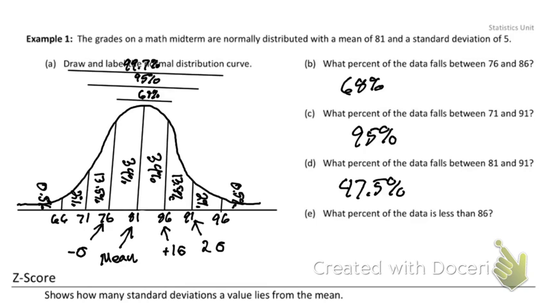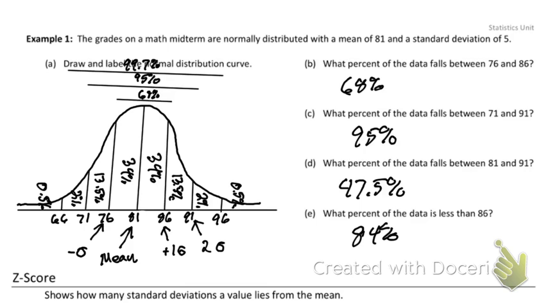Finally, it says what percent of the data is less than 86? Less than 86 would be this 34%, this 34%, this 13.5%, this 2%, and this 0.5%. So that is going to give me what? 84%. Because it's 34 plus 34 plus 13.5 plus 2 plus 0.5. Alternatively, you could have done 100% minus 13.5 minus 2 minus 0.5. You would have got the exact same answer,